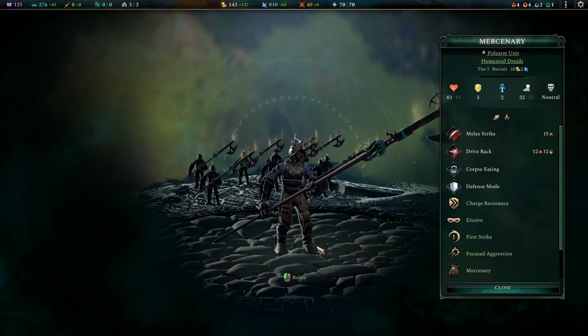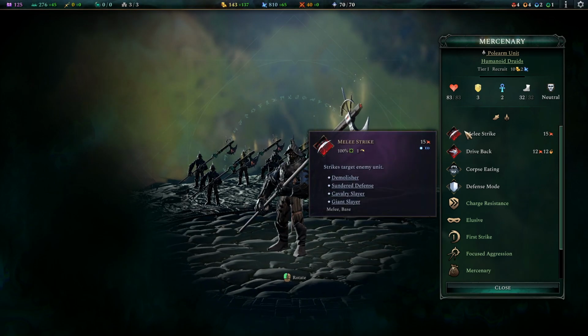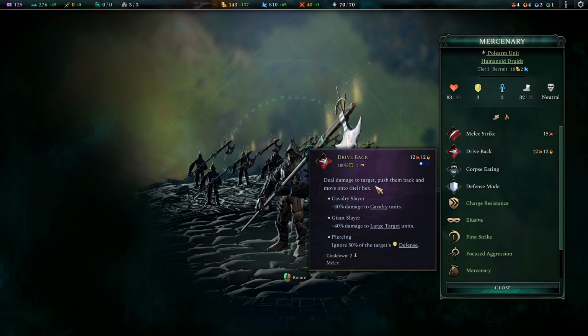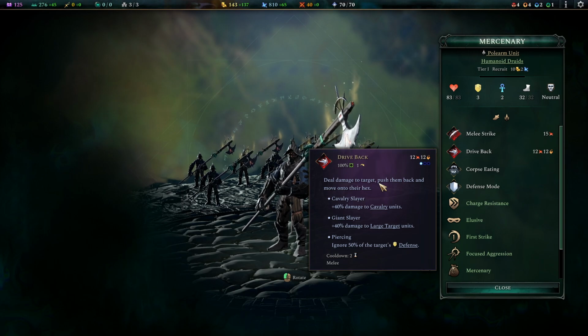The other unit, the mercenary, well, I love these guys. So you have a regular melee attack and you have drive back. They can push a unit 1 hex back. They move alongside with that, so they take up the place where the unit was before. They are the perfect bodyguard for any ranged unit. You can just shove away the enemy that's blocking your ranged unit and then let the ranged unit attack. This is especially important for your mage lock units that are,